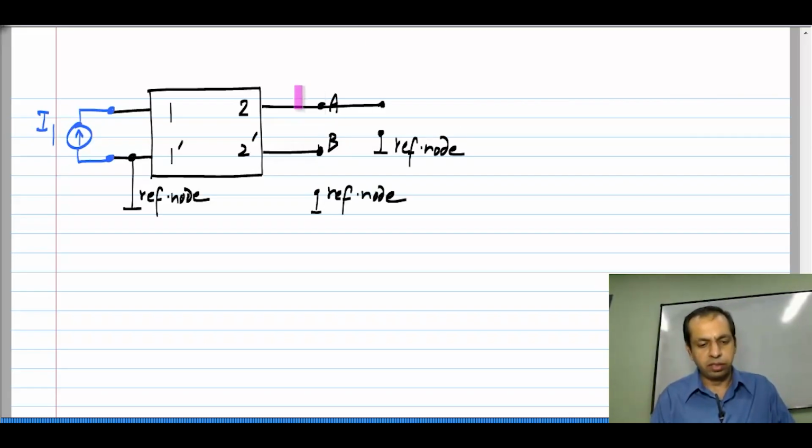Since I open circuit 2 prime, I also have an open circuit at port A as well as at port B. So, what is the voltage that appears at port A? Clearly, I can think of port 1 as one of the ports, port A as the other port. So, if I inject I1 into port 1, what comes out here is